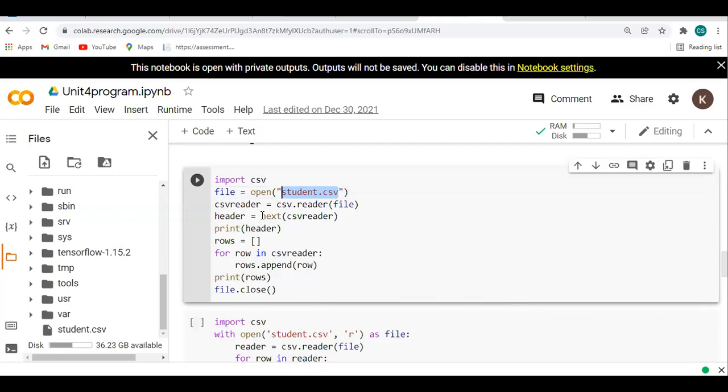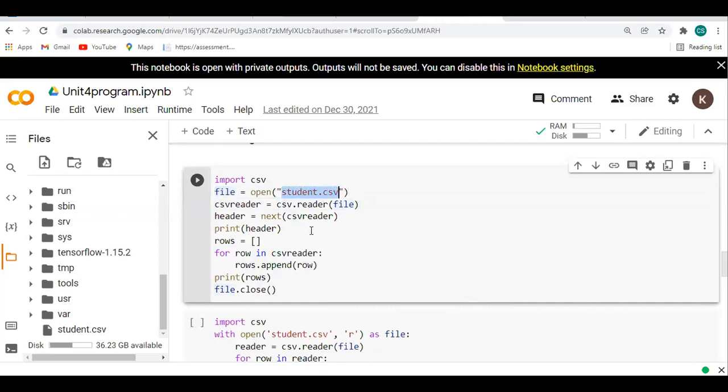Next I will use the reader method, because here I am performing the reading operation on that CSV file. So I take csv_reader is equal to csv.reader. Reader is a method, and the file I want to read is the file variable, because in this file variable I am saving this file.